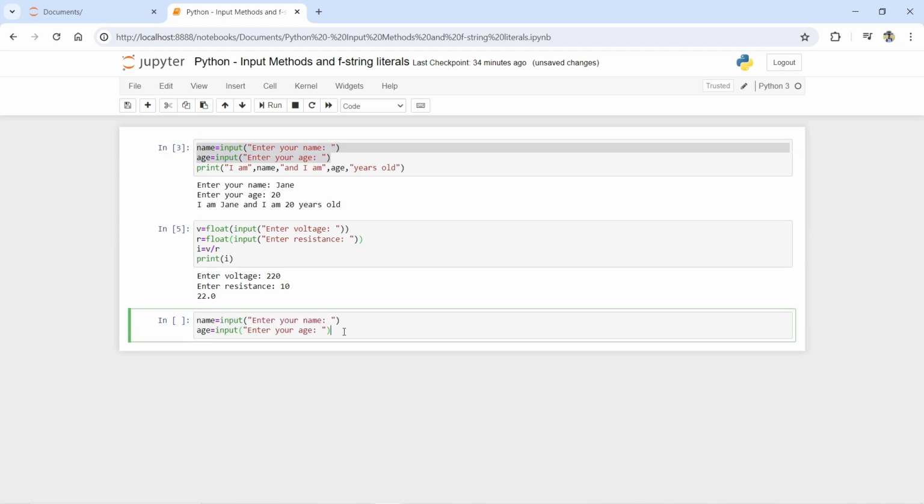Copy it here, and then print f before the double quotes, "my name is", and then curly brackets, name, "and I am", curly brackets again, age, "years old".